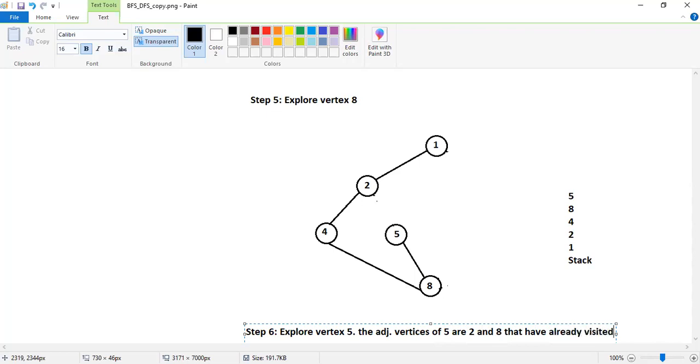They have been visited, because both 2 and 8 have not been completely explored. Hence, we have reached a dead end.